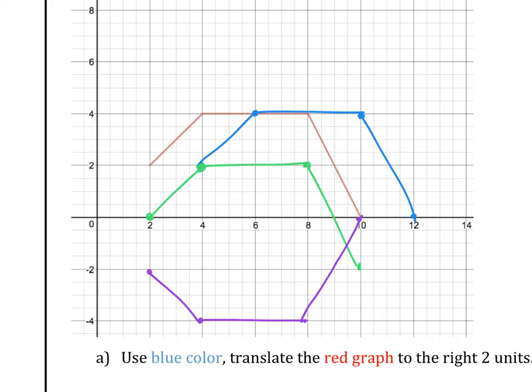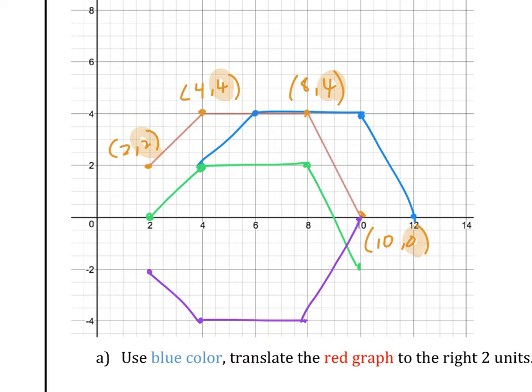So let's look at, basically you can see that there are really 4 points on this original red graph, right? So we have (2, 2), (4, 4), (8, 4), and (10, 0). So what does it mean by vertically compressed? We're going to shrink the y-coordinate by half. So basically take the y-coordinate, so remember y-coordinate is this part, and we're going to divide by 2,